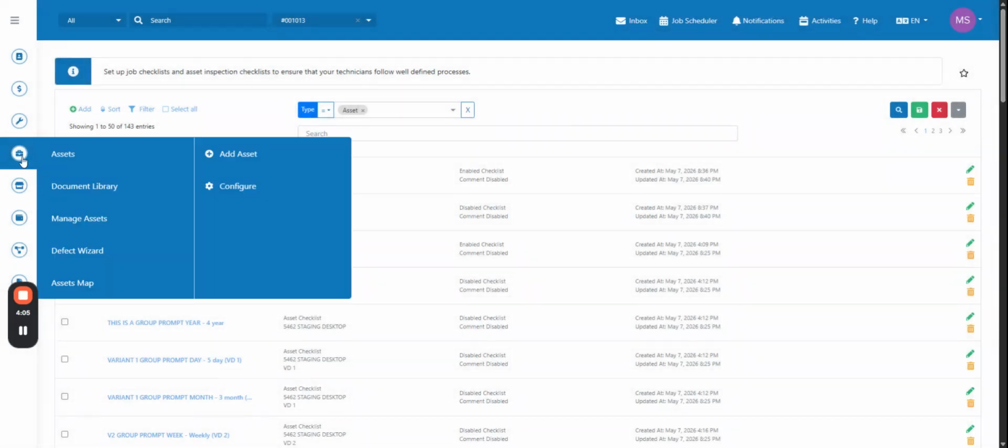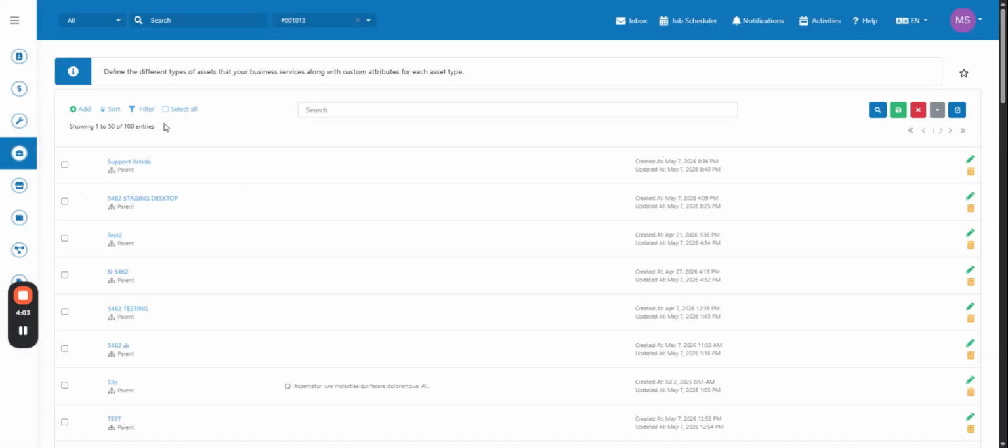The checklist we created is linked. Here is the checklist we created, and it is now linked to the